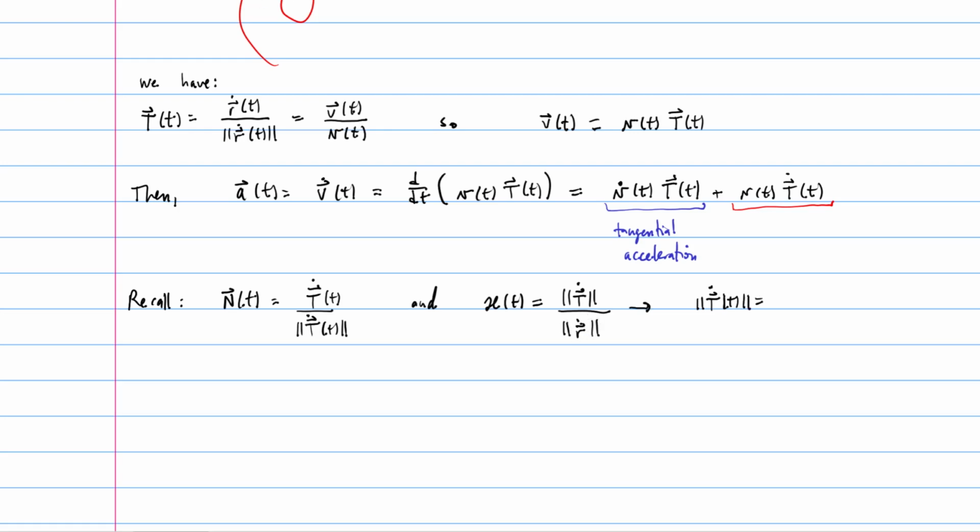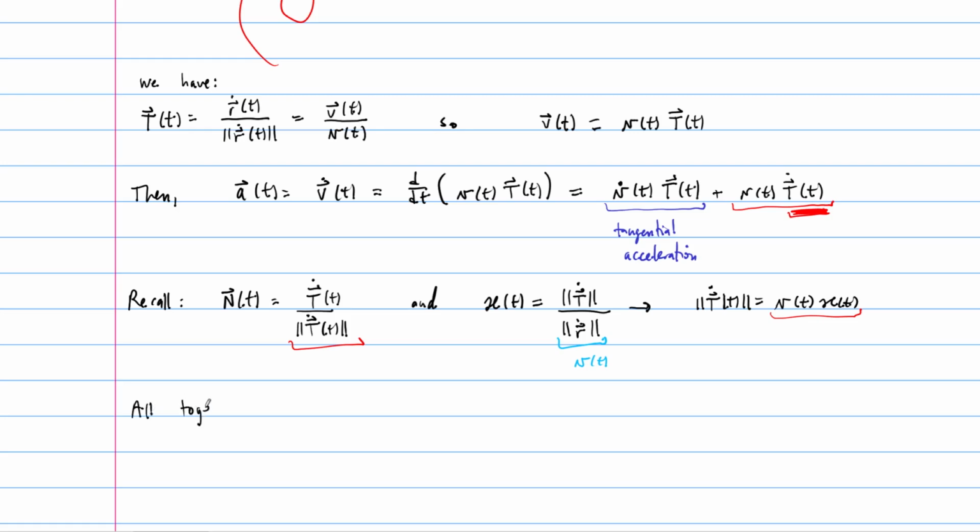But remember, this is our speed, right? So this is our speed and this is our curvature. So the length of T dot is equal to the speed function times the curvature function. And now what we can do is take this, plug it in over here, and solve for T dot, because that's what we really want. We really want to know what T dot is, right? So taking all of this together,